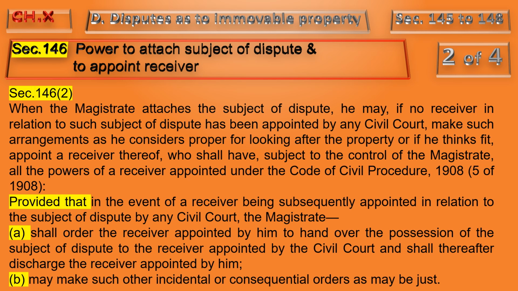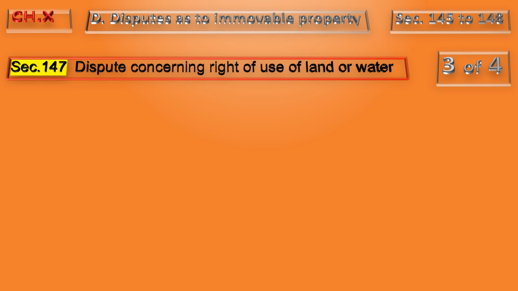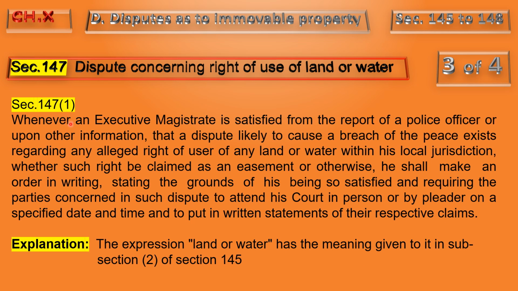Third point of the topic, dispute as to immovable property, is dispute concerning right of use of land or water as per the provision of section 147. Subsection 1 of section 147 says, whenever an executive magistrate is satisfied from the report of a police officer or upon other information that a dispute likely to cause a breach of peace exists regarding any alleged right of user of any land or water within his local jurisdiction, whether such right be claimed as an easement or otherwise, he